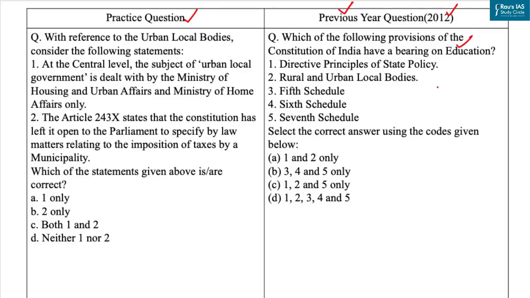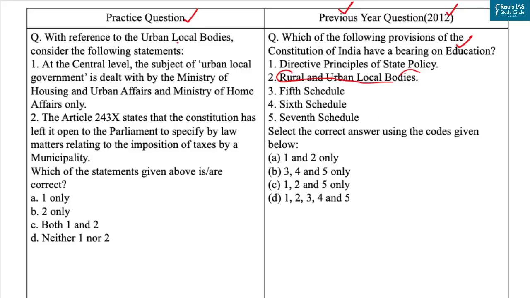Here, it is important to note that rural and urban local bodies also deal with education. Under Schedule 11 of the Constitution, the Panchayati Raj institutions have been allowed 29 subjects to work on in their local areas, and education is one of them. Similarly, Schedule 12 of the Constitution provides for 18 subjects, and education is included here also.